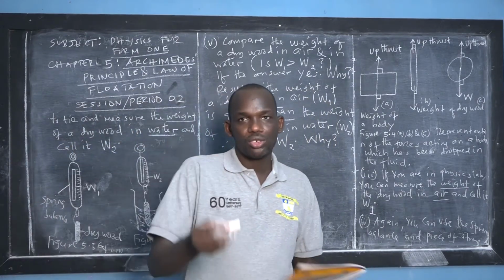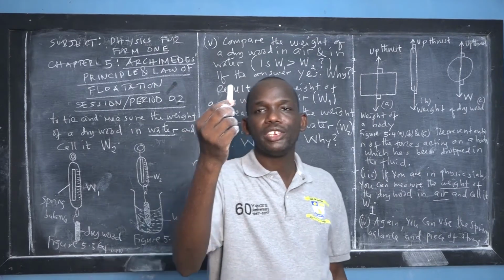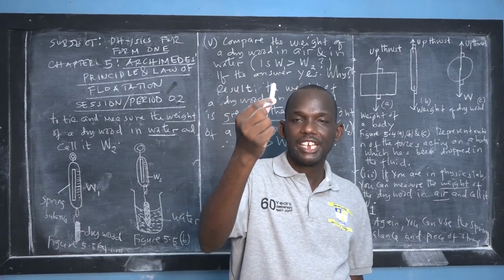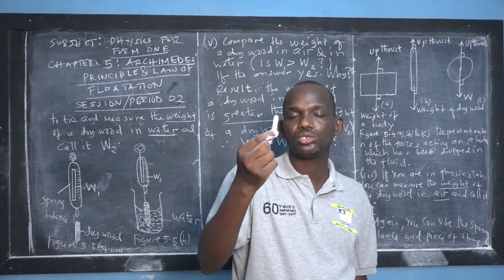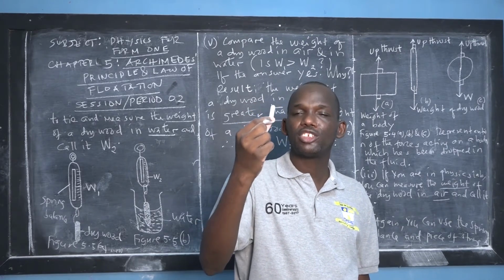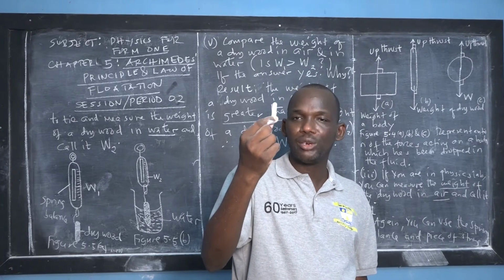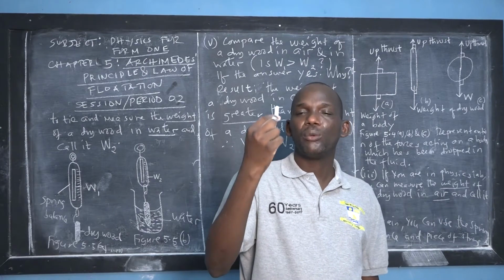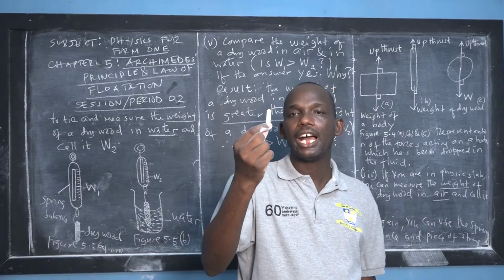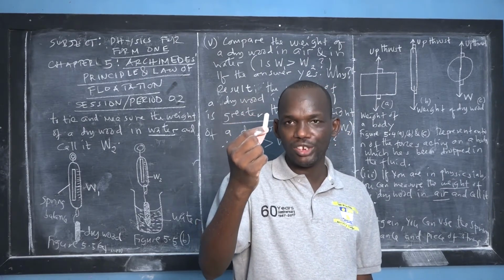Or we take this piece of chalk and measure its weight in air, the way it is. We don't reduce any part. We don't break it down. We don't reduce even small portions of it. And then we drop it in water and measure its weight. So experiments show that the weight of this piece of chalk in air is greater than the weight of this